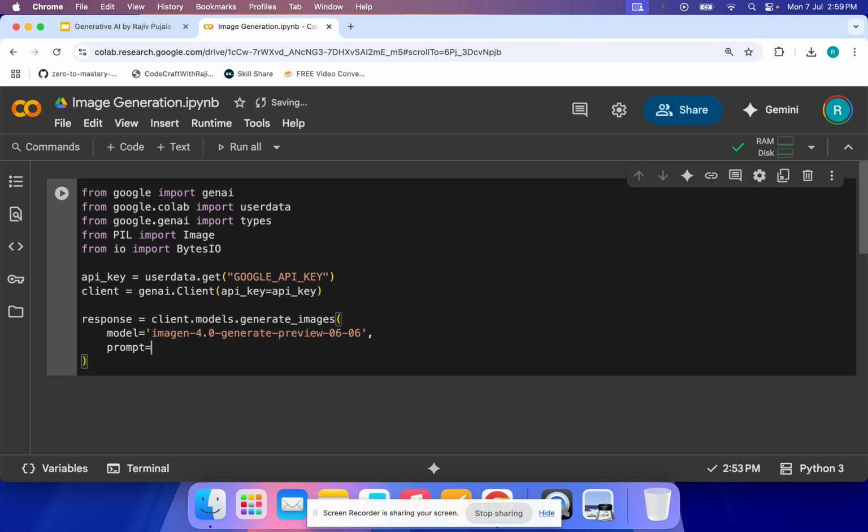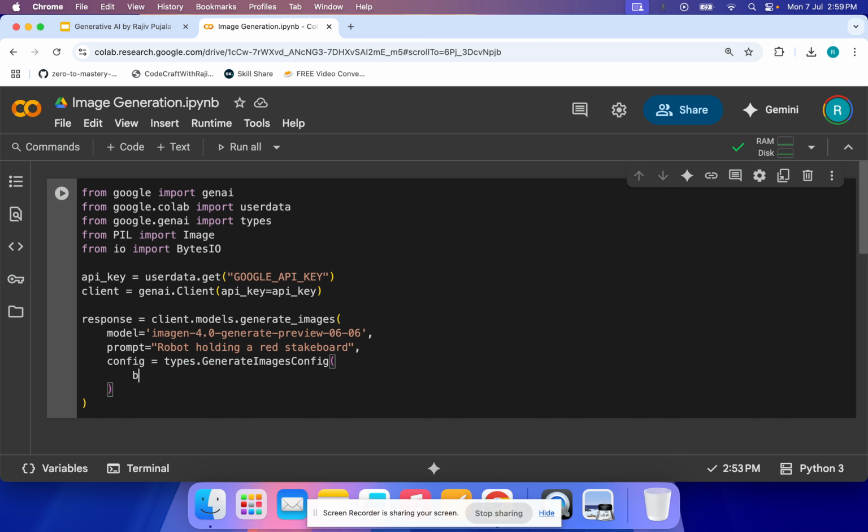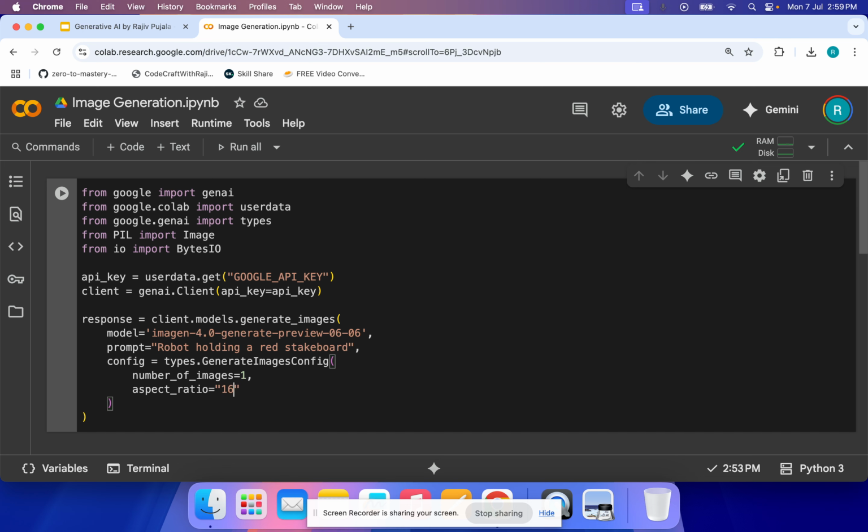And prompt is equal to, for example, let's say, robot holding a red skateboard, and config is equal to types.GenerateImagesConfig. Let's say number of images is equal to 1, aspect ratio is equal to, we already have seen this in the previous video. And now here